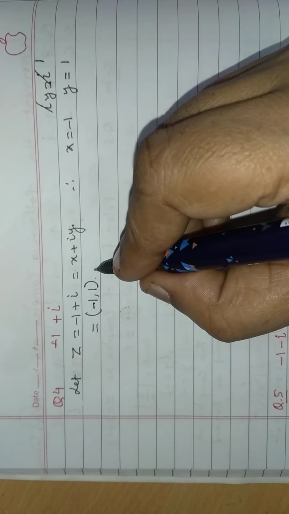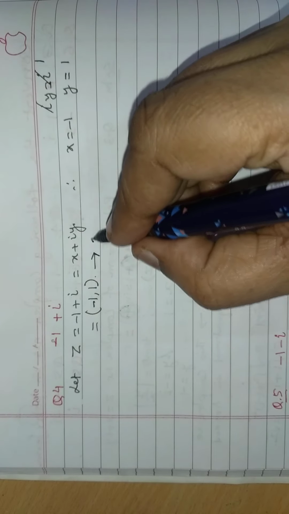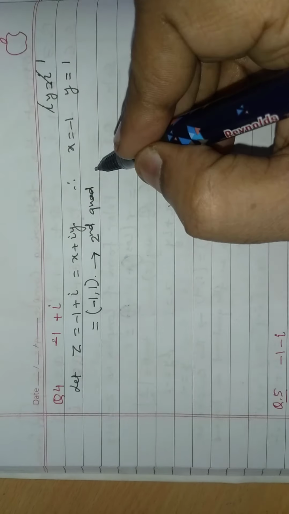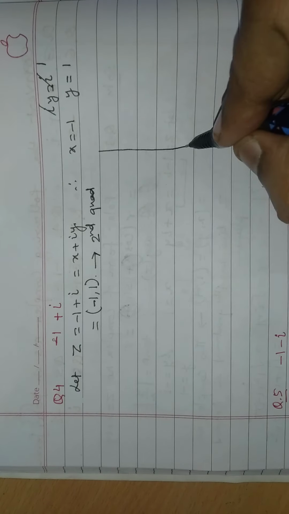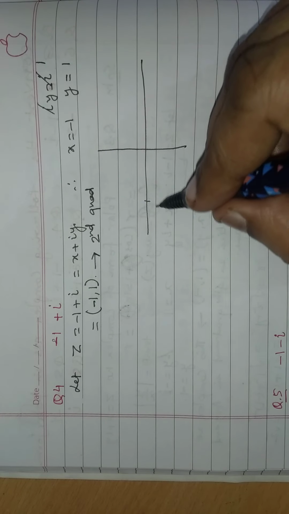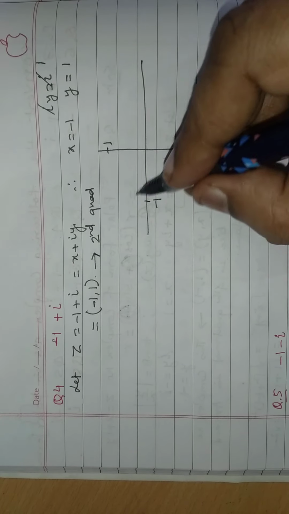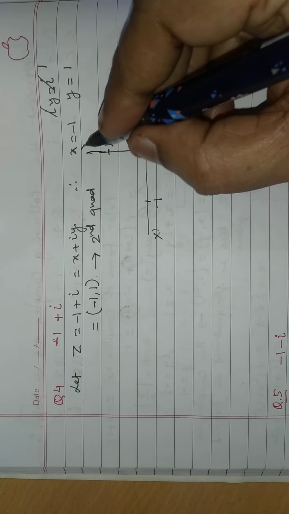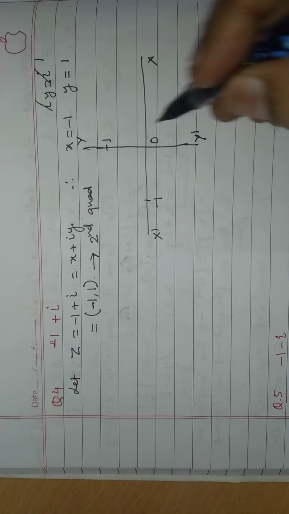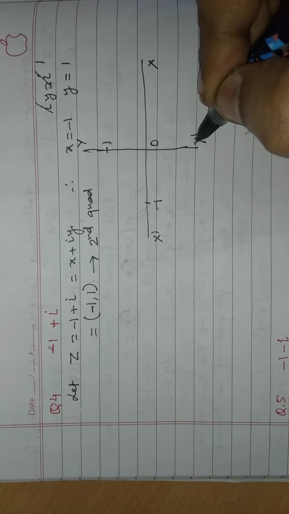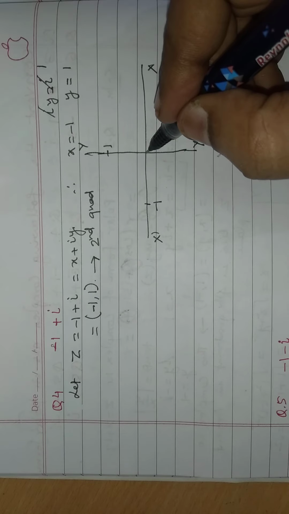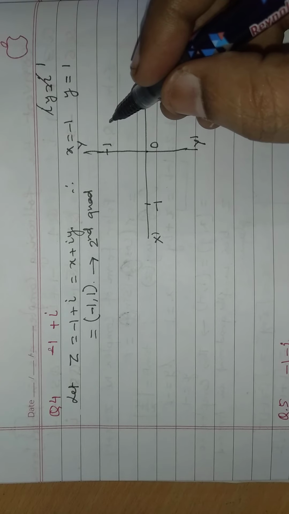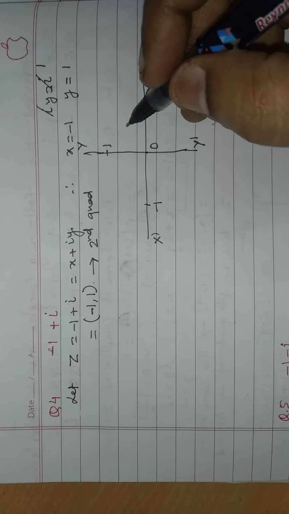So it means this complex number lies in which quadrant? In the second quadrant, because in the second quadrant x is negative and y is positive. So I am just drawing a figure. So minus 1 and here is 1. So the origin is this, and this is the real axis, and this is the imaginary axis. On the imaginary axis, all points except the origin, because 0 is a real number,